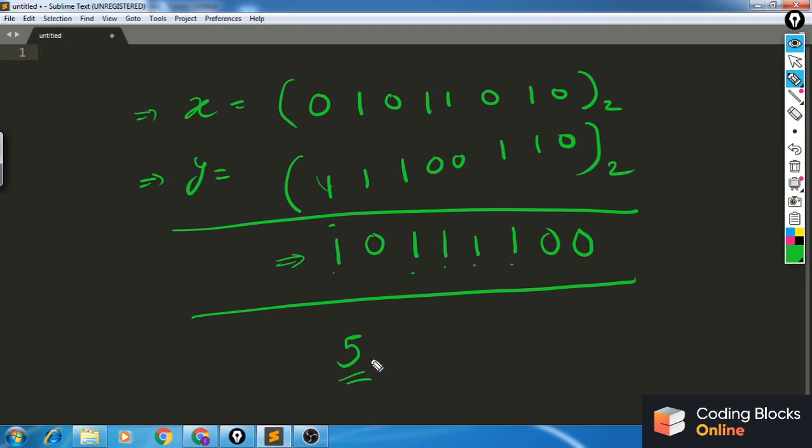Now let's make a few observations to understand what kind of operation this was. We were looking at the bits of x and y. Let's say my operation is OP, and if the bits at the corresponding positions are 0 and 0, then 0 OP 0 was coming out to be 0, because the bits were the same, so I was not doing any operation.